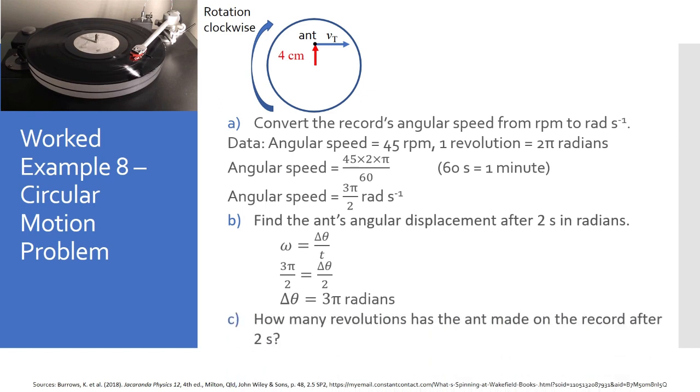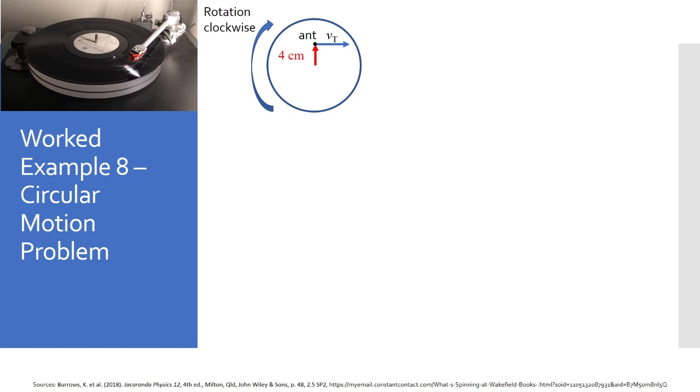Part C asks how many revolutions has the ant made on the record after 2 seconds. So we simply convert the 3 pi into number of revolutions, and we do that by dividing by 2 pi, which is why in part A it's easy to leave it as 3 pi on 2. So when we find that, we do the calculation, 3 on 2, 1.5 revolutions after 2 seconds. Part D,